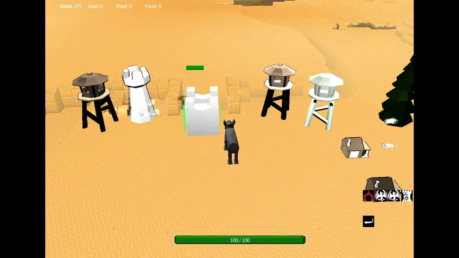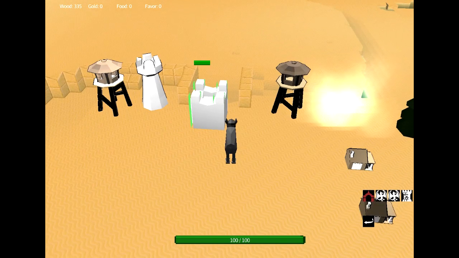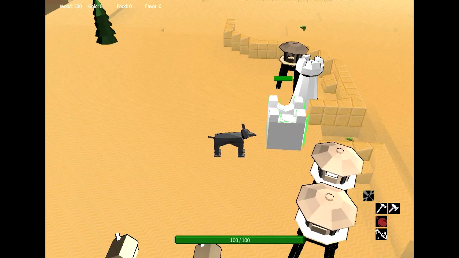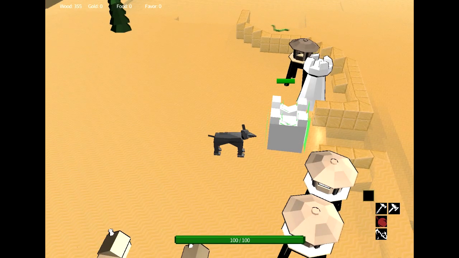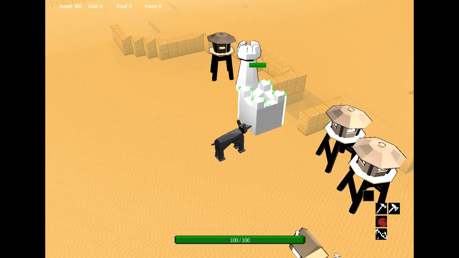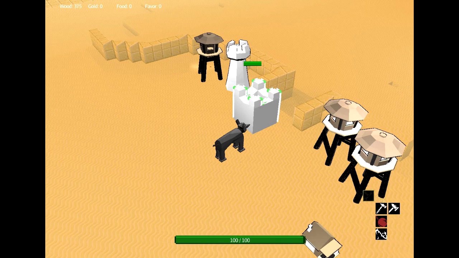Alright, so they're trying to break down the wall. I'm repairing it a lot. I'm going to upgrade my towers really soon here, and build a couple more because it's really getting relentless. Let's see, repair. So the repairing does cost wood, and it's pretty slow. So I think I'm gonna